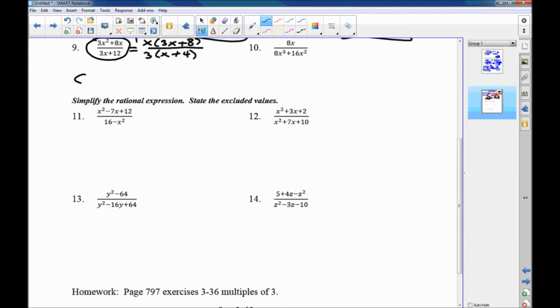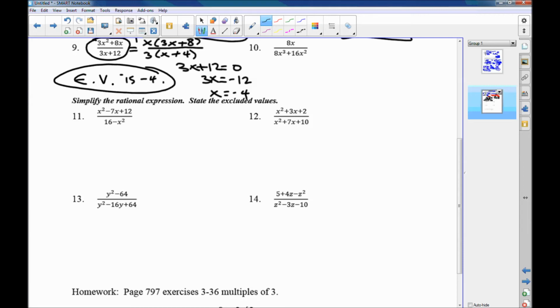Okay, our excluded value is going to come from taking the bottom, setting it equal to 0, and solving for x. So x is negative 4. So our excluded value is negative 4. All right. And then in our last one,